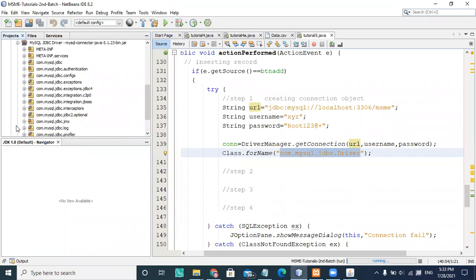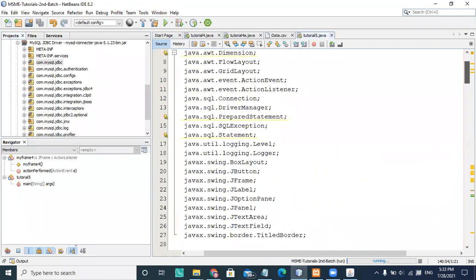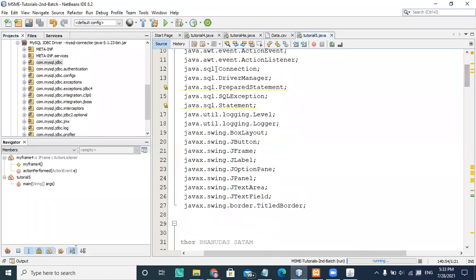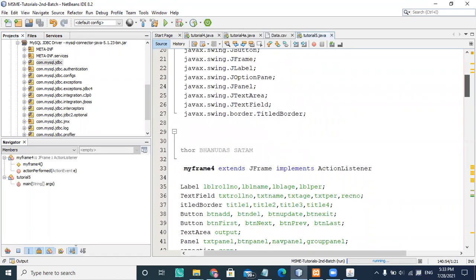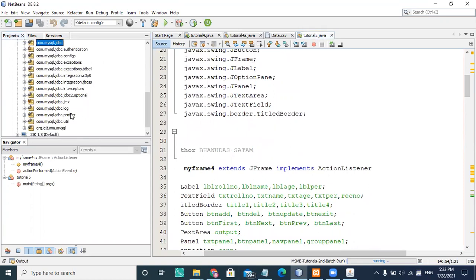It gives me all kinds of classes, especially the MySQL JDBC com package we are looking for. Because of that package, we are able to access the various JDBC drivers, and those drivers are available here.